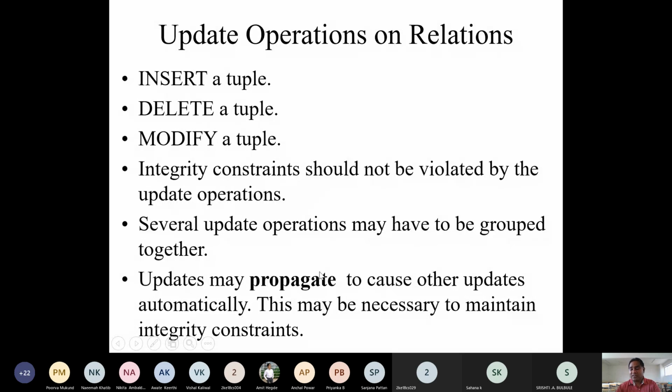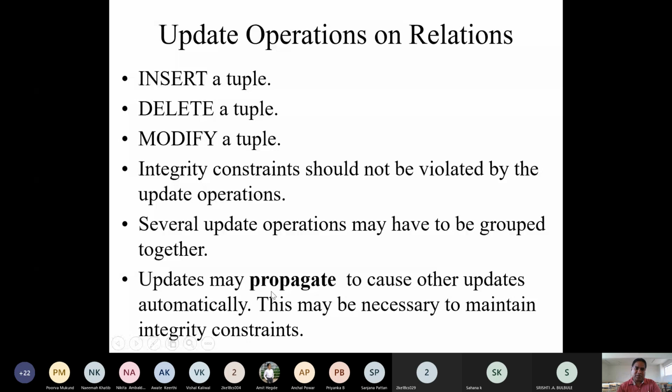See, if I maintain the integrity constraint in a proper way, defining on update cascade or on delete cascade or on update or on delete set null or on delete default, automatically updates will propagate by themselves. So we have to necessarily maintain that constraint, only then it is possible.